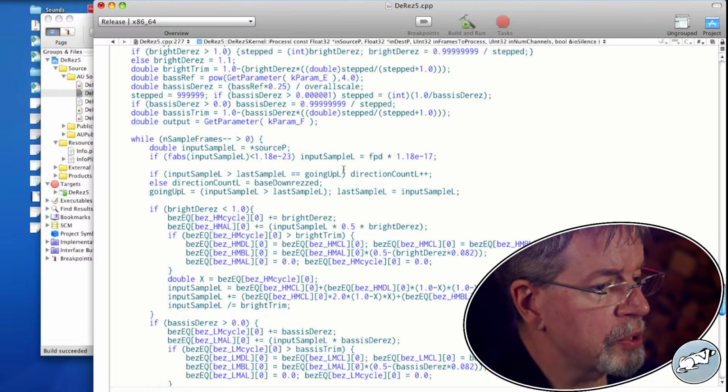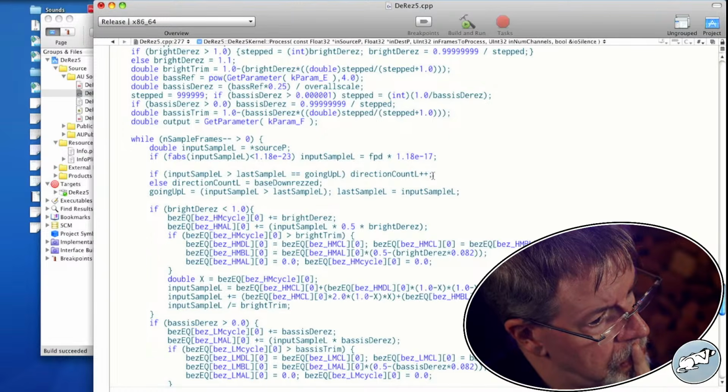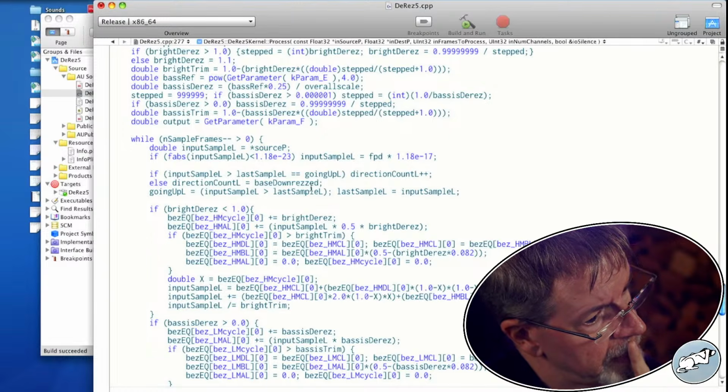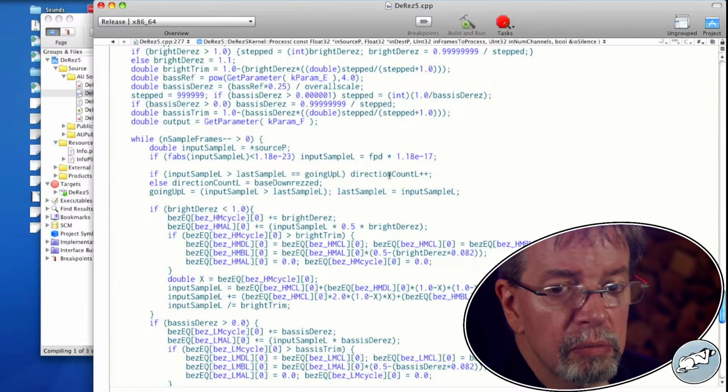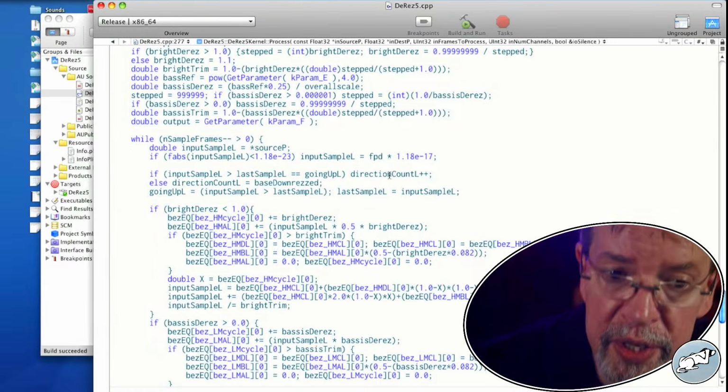So should I be doing this differently? I don't know if I should. Direction count starts there. Well, we've got the new control. Let's see what we got.